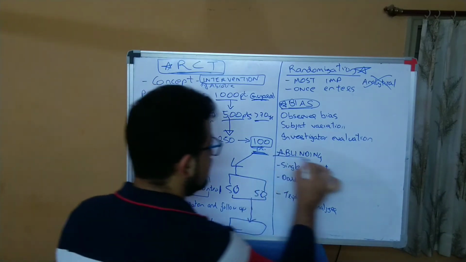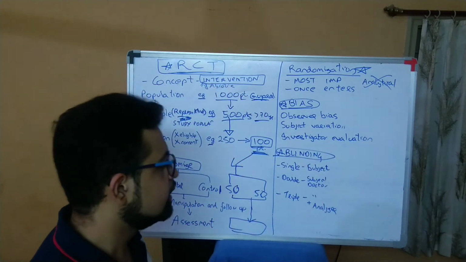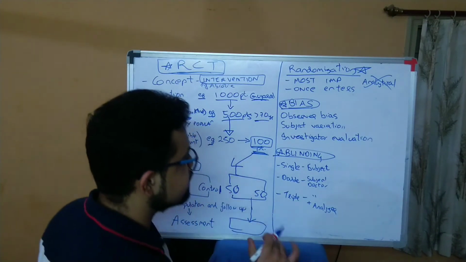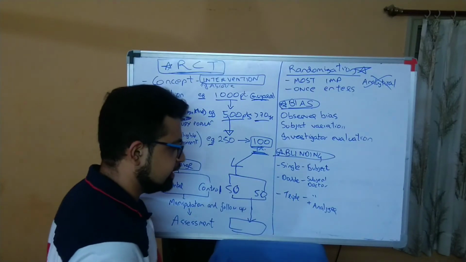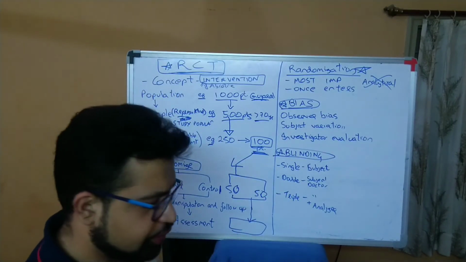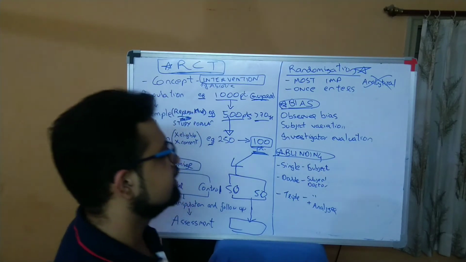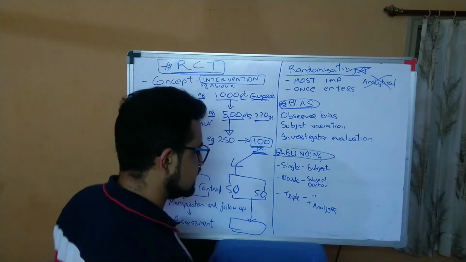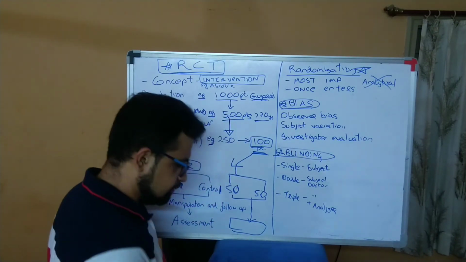And what is blinding? We all know what blinding is. There are three types of blind: single, double, triple. What is single? The subject who is being given the intervention doesn't know that he is being given it. That is single blind, right? What is double? The doctor who is examining the clinical features, going for radiological investigations, testing for the prognosis, doesn't know whether the subject has been given the drug or not. At the same time, the subject doesn't know, right? And what is triple? All three don't know.